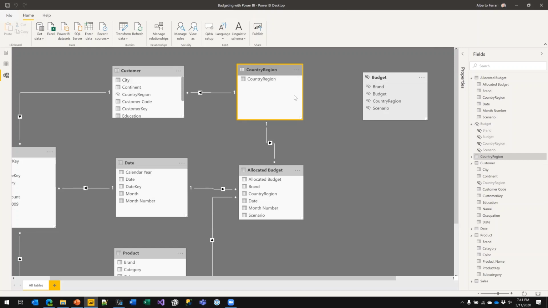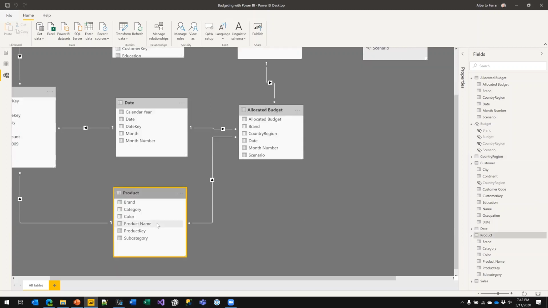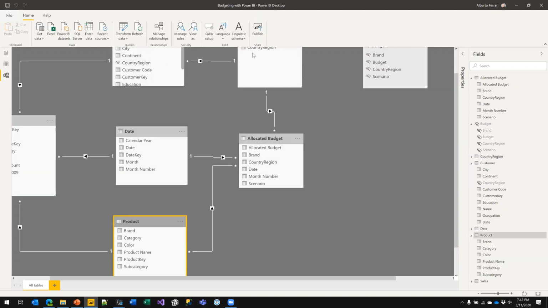And it works easily. It's based on physical relationships, so it's very fast, but it requires the building of an intermediate table. Or we can use weak relationships, many-to-many relationships between attributes of different tables. It works. The behavior is very close to the intermediate dimension. It's a bit slower because it's solved by the formula engine and not by storage engine queries, but it's very simple. And it works out of the box. You only need to pay attention to the relationship and the direction of the cross filter.